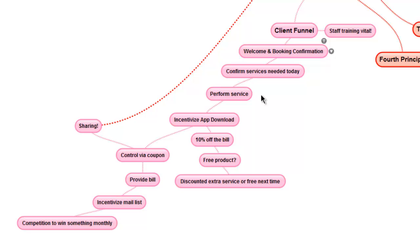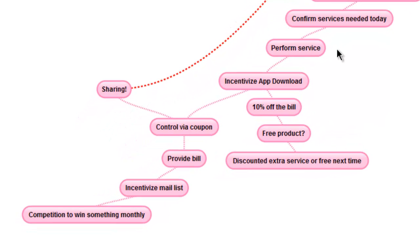So once you perform the service, you will then have a number of different choices of what you do with a client at that time when they are going through the payment of whatever it is that they've had. So I would strongly encourage you to incentivize your app download. And you can do that with, if it's a first time client,